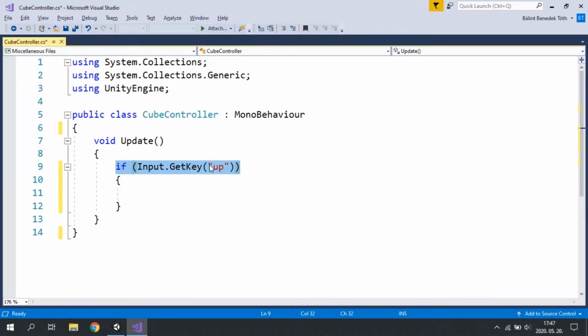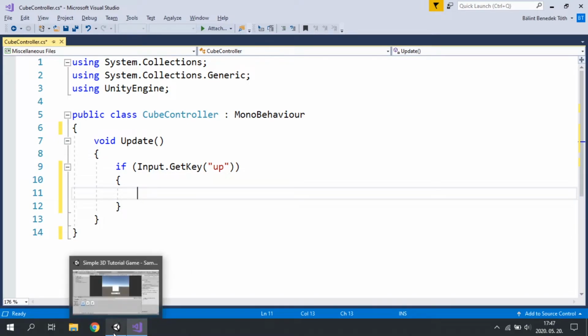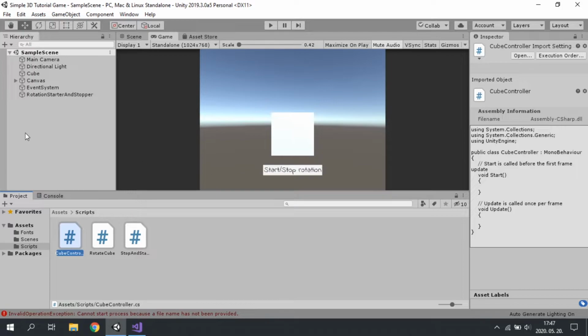So it is checking if the up arrow key is pressed, and if it is, then we would like to rotate, or not rotate, but we would like to move this cube. Now actually